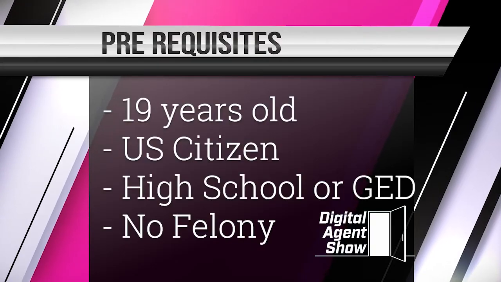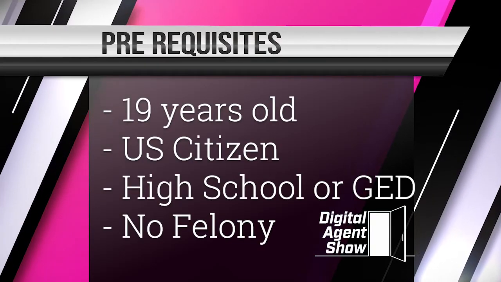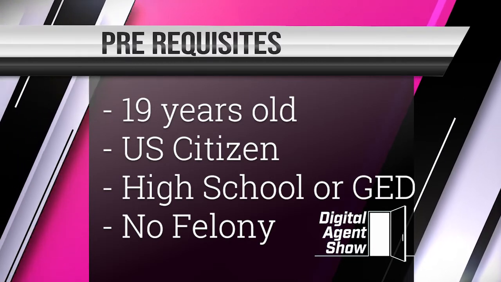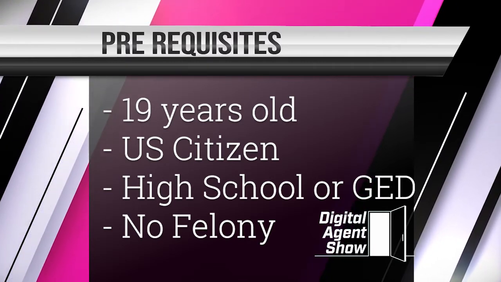You have to be a U.S. citizen, a permanent resident alien, or legally present in the United States, and be at least 19 years old. You can have residency in any state in the United States. It does not have to be Alabama. You have to show proof of a high school graduation or the equivalent and not been convicted of a felony